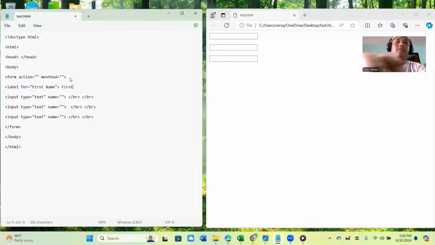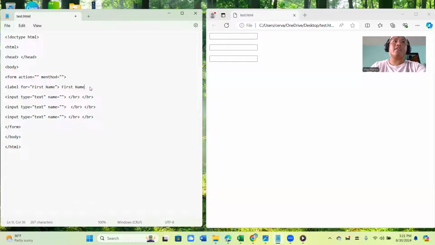And then first name, right before the first input here, which represents the first box. That's why we're typing that in on top of the first input or the first box. Where are we now?